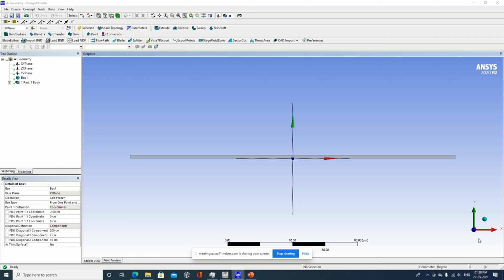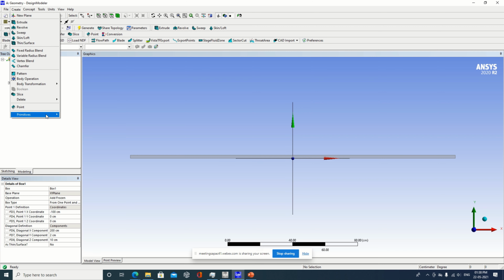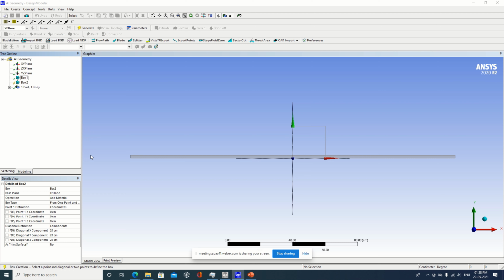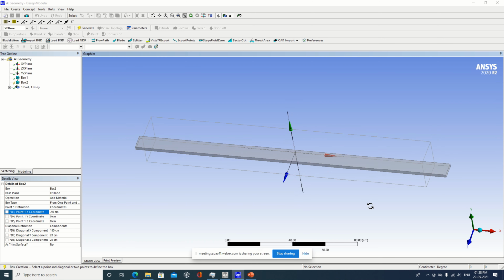Now this is a leaf spring, so I need more of such layers. So I will go on to do the same process again. I will create one box. Now I want this leaf spring to be at the bottom of the earlier one. So X component I will take say for example 180 over here, and here I will specify minus 90. If I take 180 and minus 90, it will be at the center. So this is how now the object is at center.